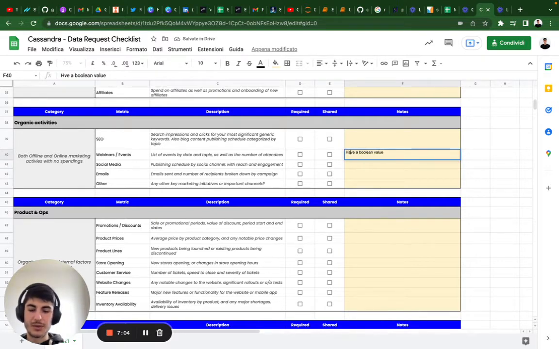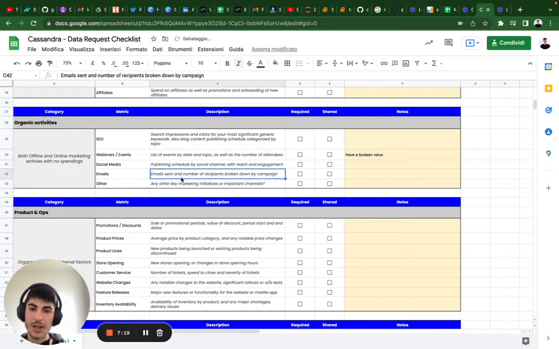Boolean value stands for a value between 0 and 1, and that can help you understand if there was a webinar. If there was, the value on that particular day is 1. If it wasn't, the value is 0. Emails: for emails sent, we don't want the actual number of broadcasts that we make. We want to have the number of recipients broken down by each day. These help us a lot to understand